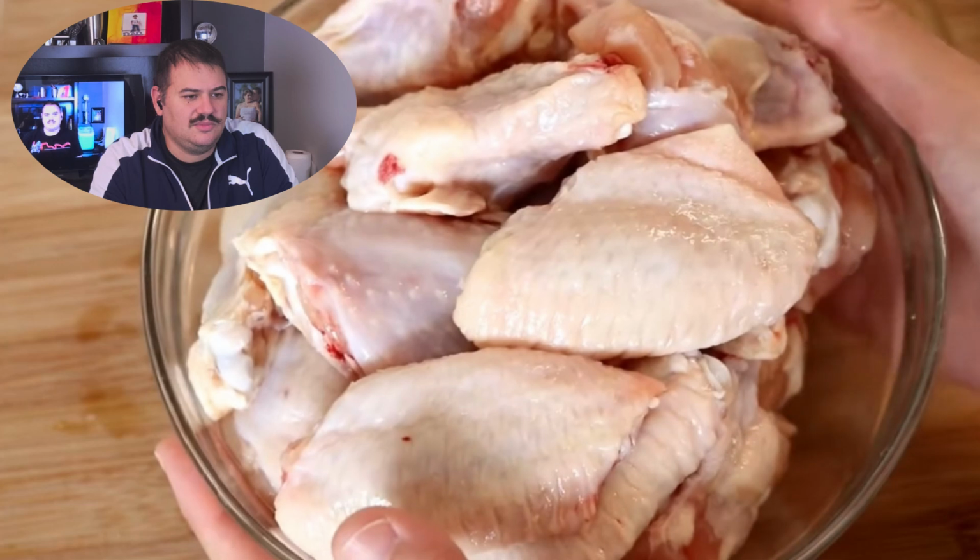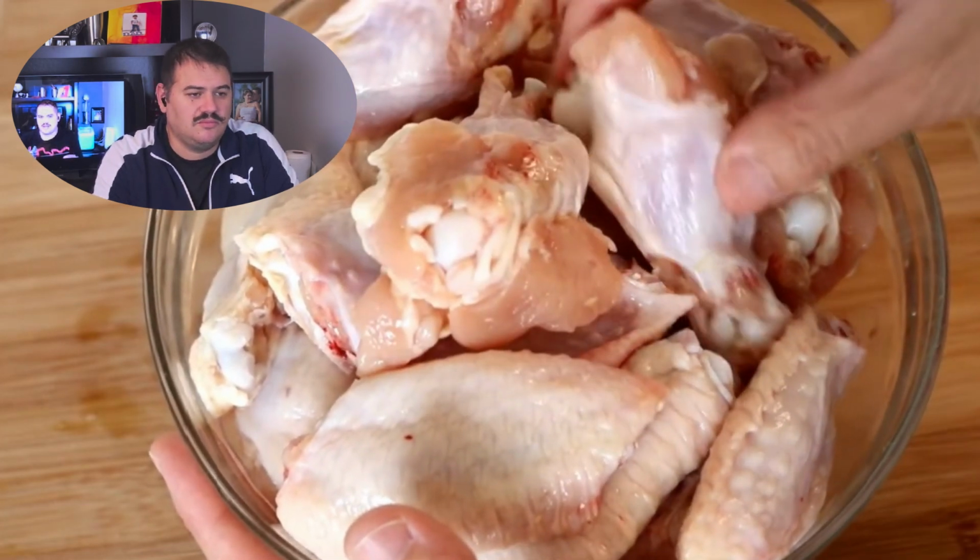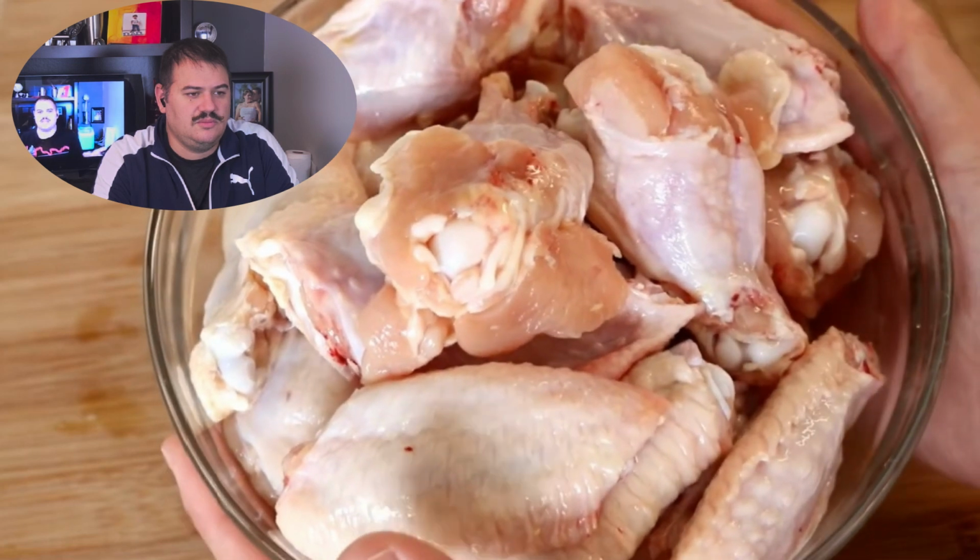First, let's talk about the chicken. Traditionally, this dish is done with a whole chicken. You chop it up into 1.5 inch sizes because we like to cook the chicken with the bones for more flavors. But I'm lazy today and I don't want to deal with a whole chicken, so I got here 2 pounds of chicken wings. They are the perfect size and have the perfect ratio between the meat and the bones. We're not going to do anything besides drying them with